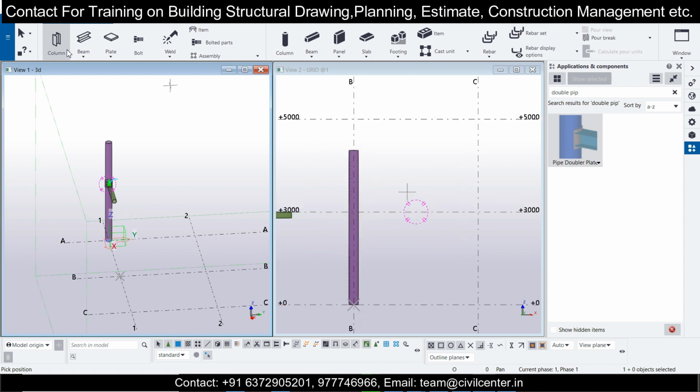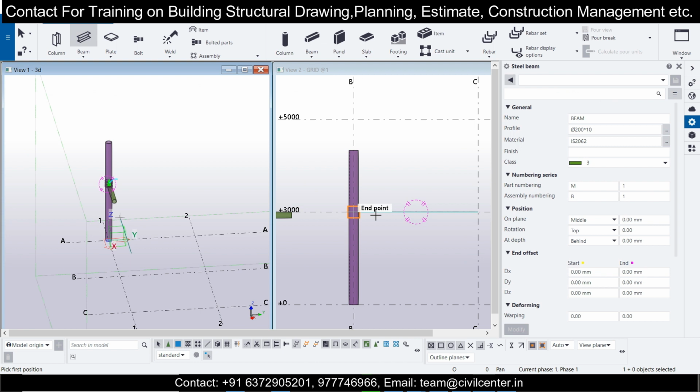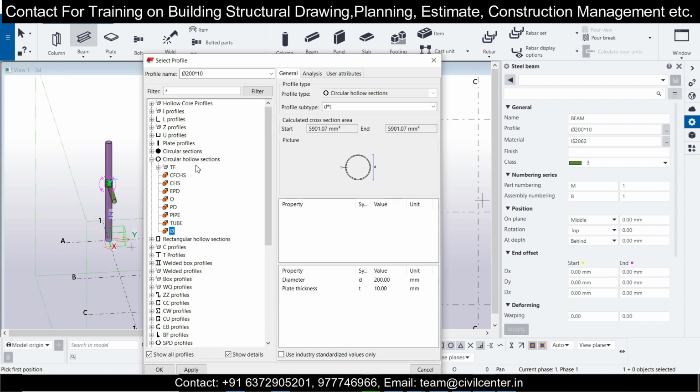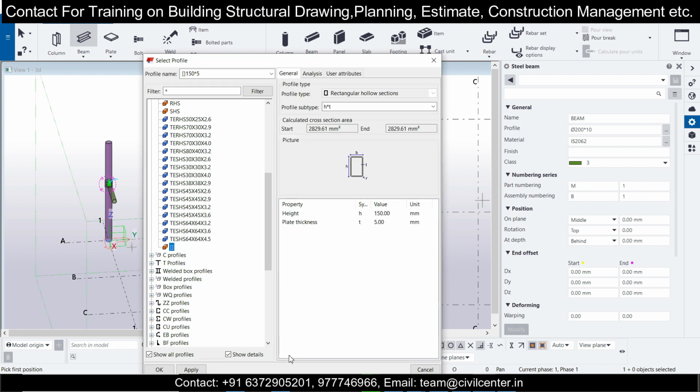For the beams, we'll select the beams, and let's go for a rectangular hollow section of, let's say, 150, then apply and OK.